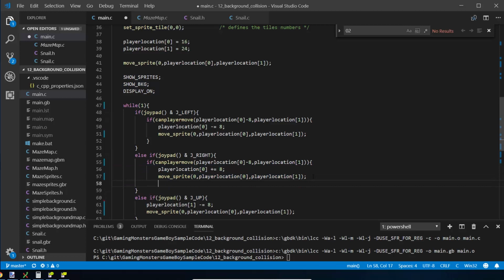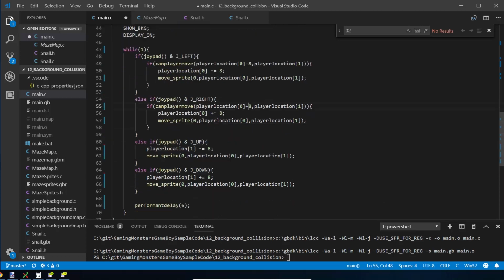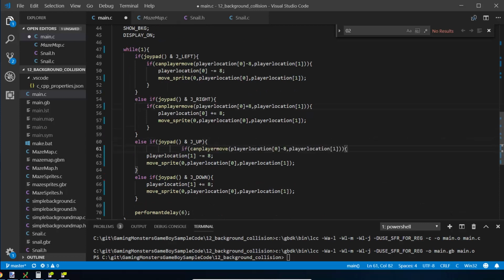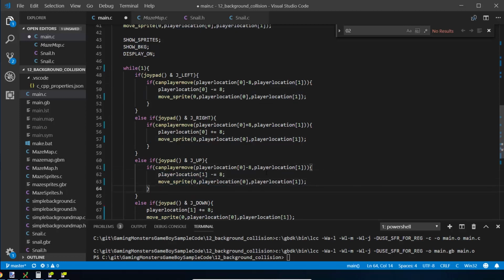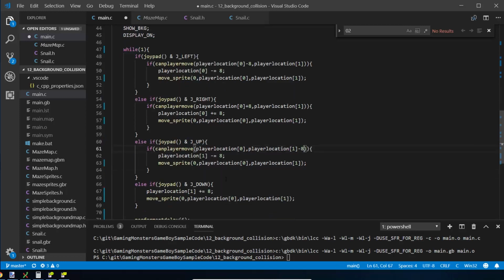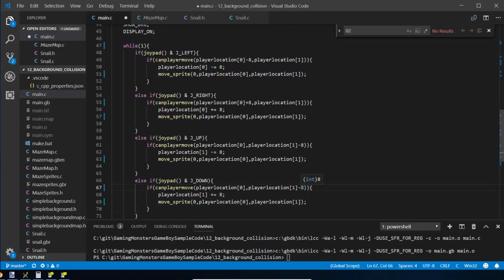And we just need to adapt what we're passing into player location. So this one is going to add 8 to it in the x direction. This one's going to -8, but it's in the y direction. And finally, this will add 8 in the y direction because we're going down. So if we compile that